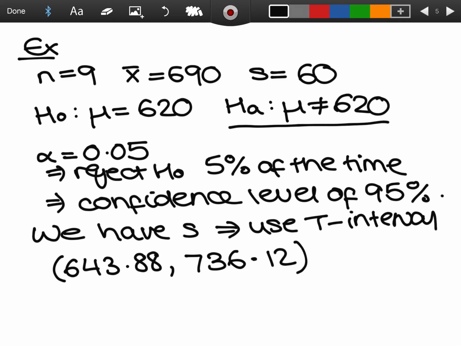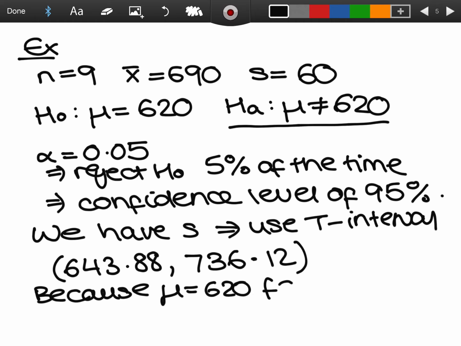Well, my population mean is 620. 620 falls outside of this range, which means that there is too much of a difference between my sample mean and my population mean, which therefore means because mu is equal to 620 falls outside of this range,